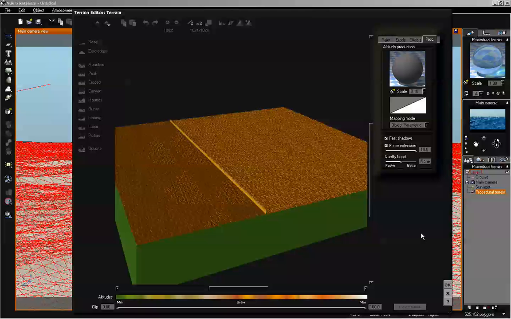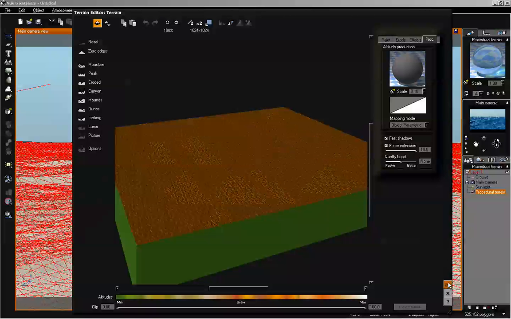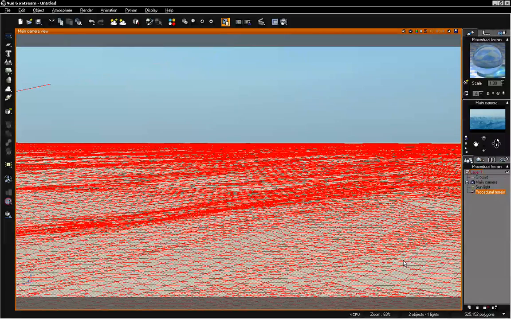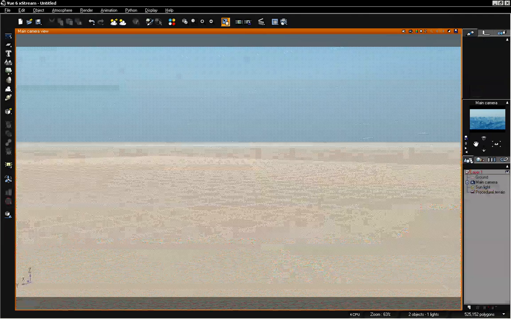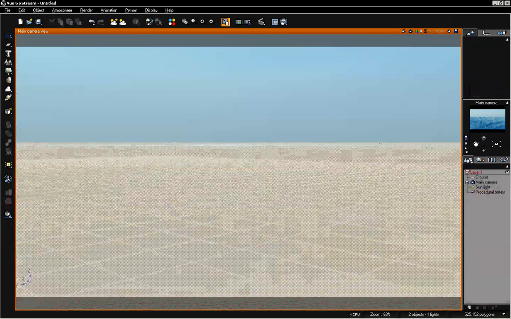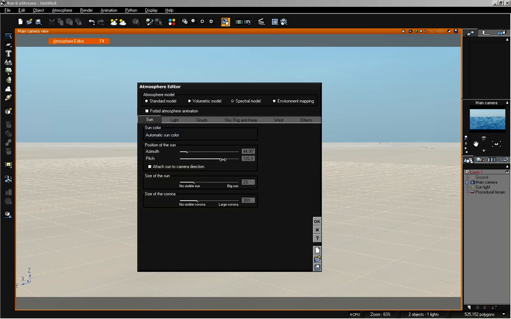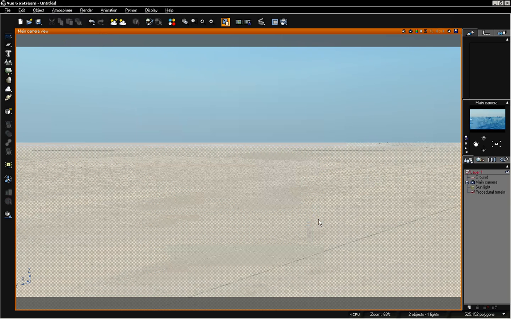And you can see we're using extremely low values here because we are editing this at such a large value. But now we can see much smoother looking waves. And really, depending on how rough you want the ocean to be, you can just adjust that gain value and get a lot of different types of effects. I'm going to go back to the atmosphere editor and just decrease the pitch a little